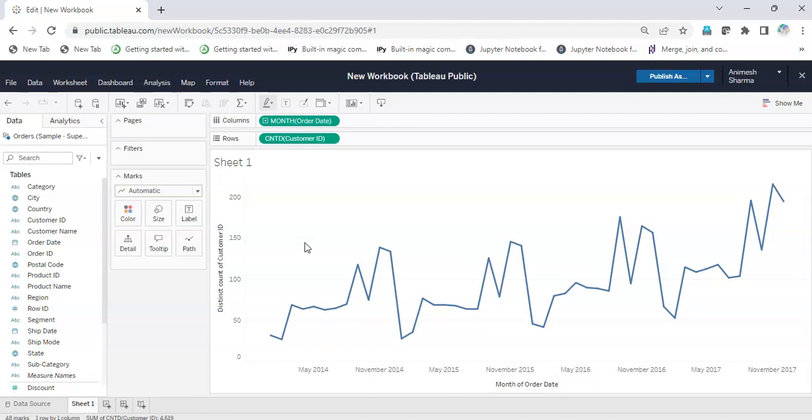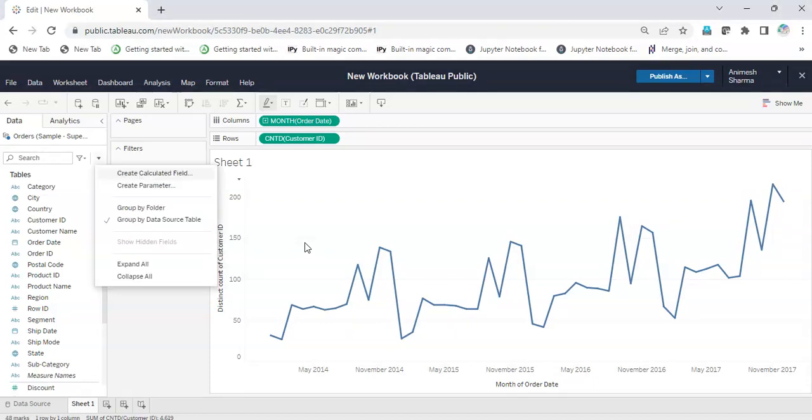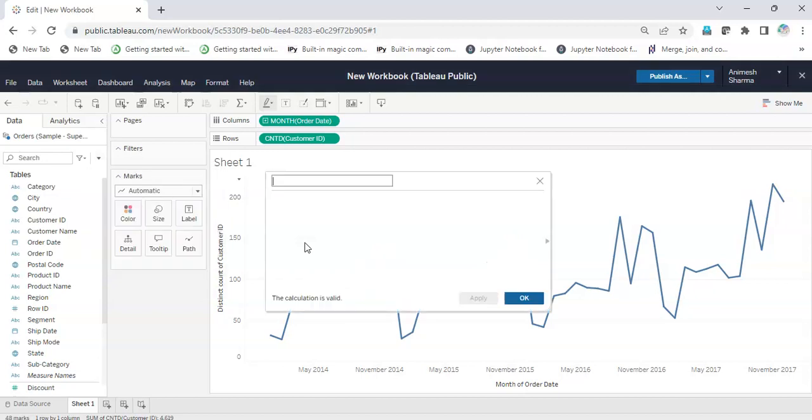In order to get their enrollment date, it would be equivalent to the first order date, assuming that the customer has to enroll at the time of ordering. So I will go to create calculated field, then I will name it customer enrollment